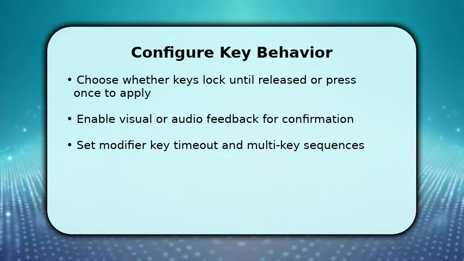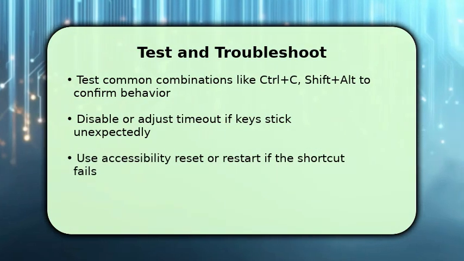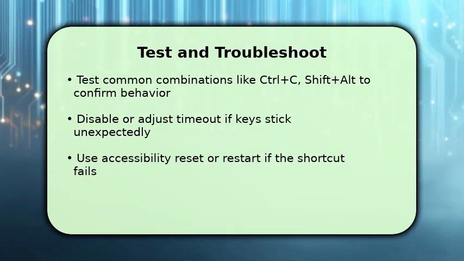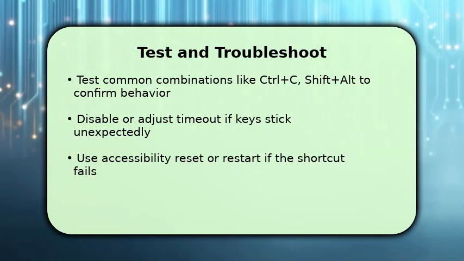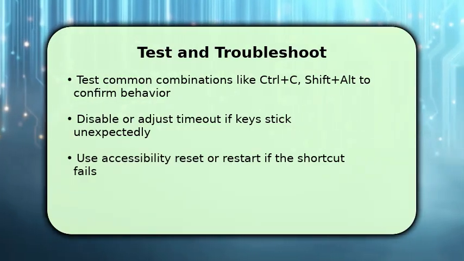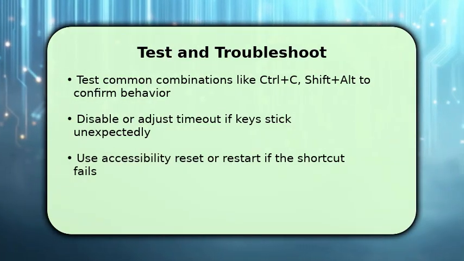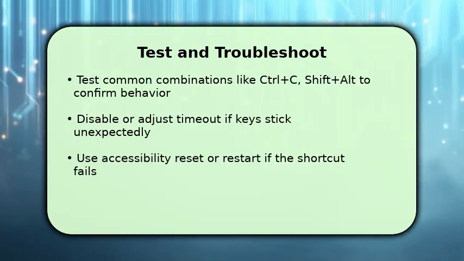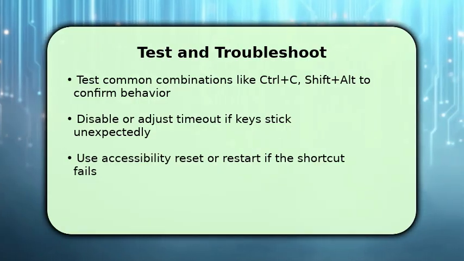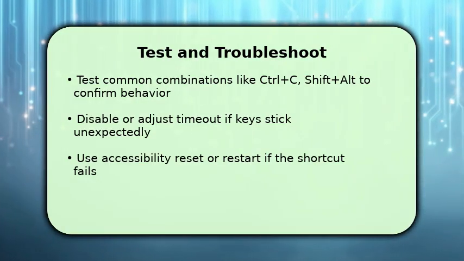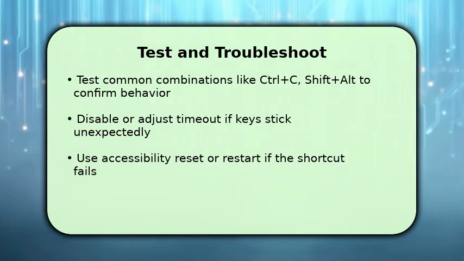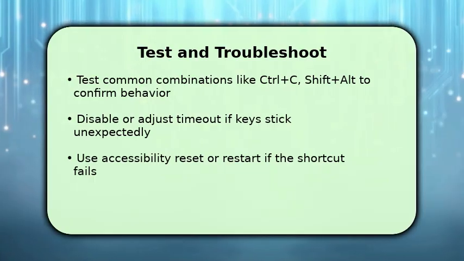You finish by testing common shortcuts to confirm Sticky Keys behaves as expected. Try Ctrl+C, Shift+Tab, and Alt+F4 to verify results. If modifiers stick too long, return to settings and shorten the timeout, or change the lock versus single press mode. If the Shift 5 times shortcut no longer appears, disable and re-enable the feature or restart the computer to reset the handler. If problems persist, use the Accessibility Reset option to restore default key